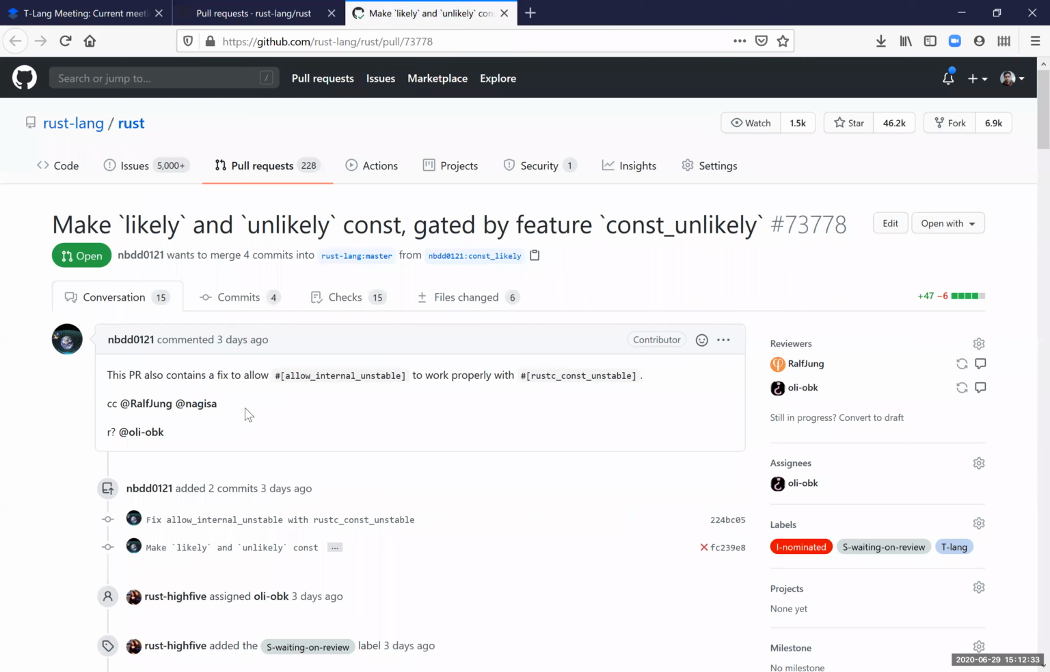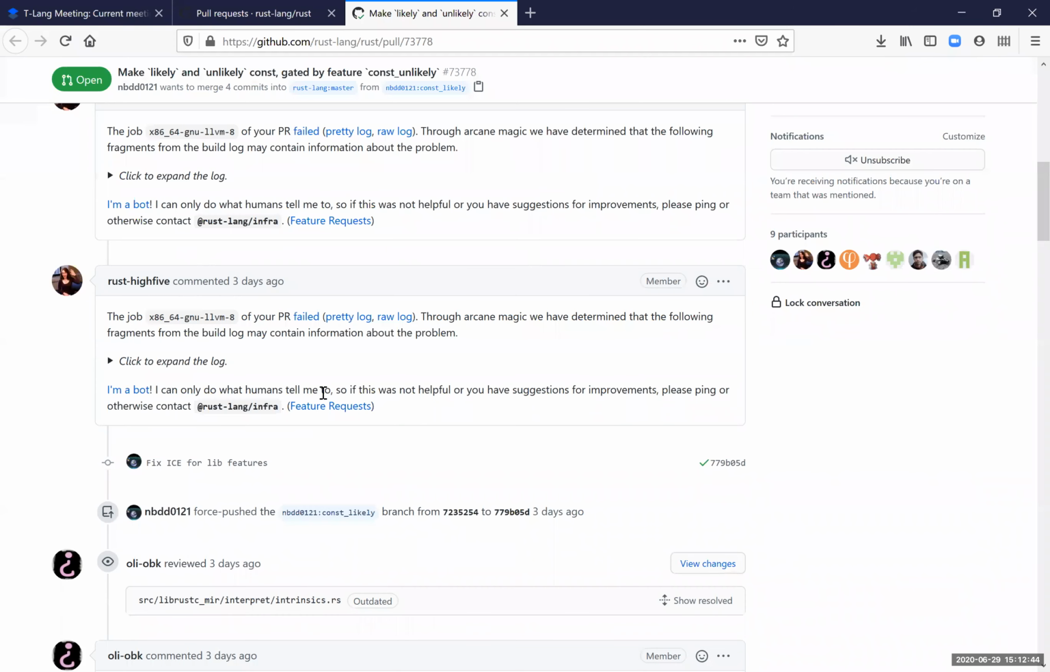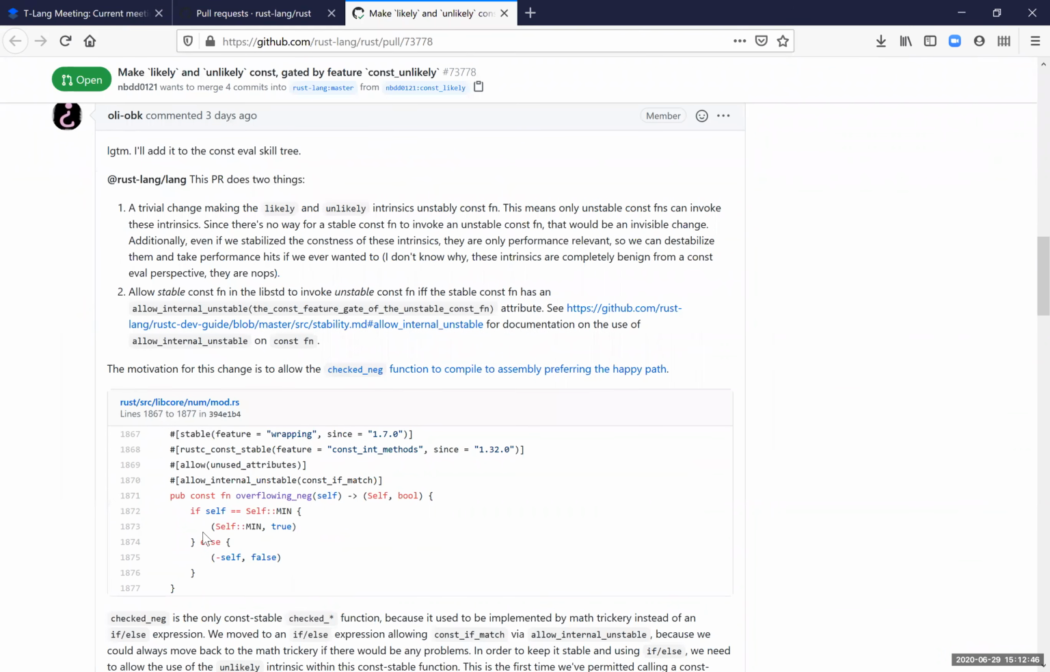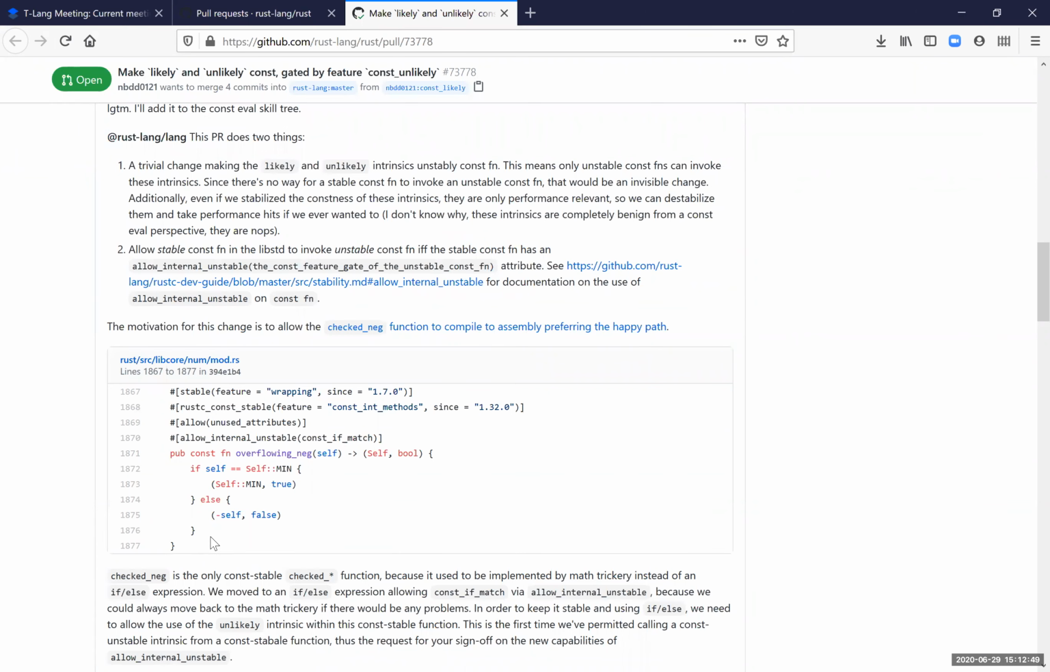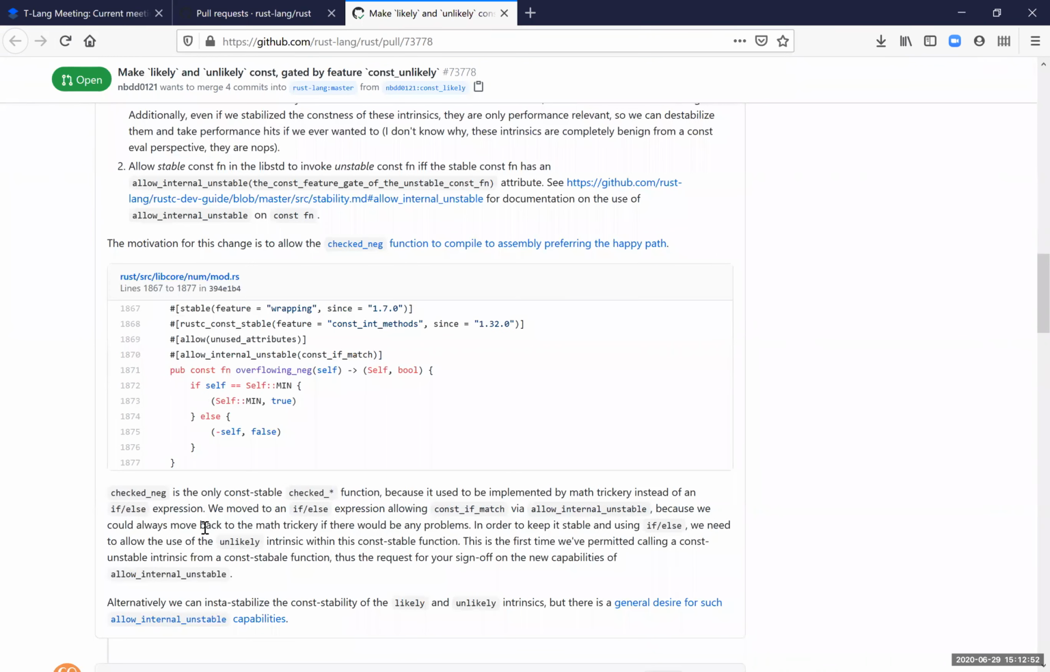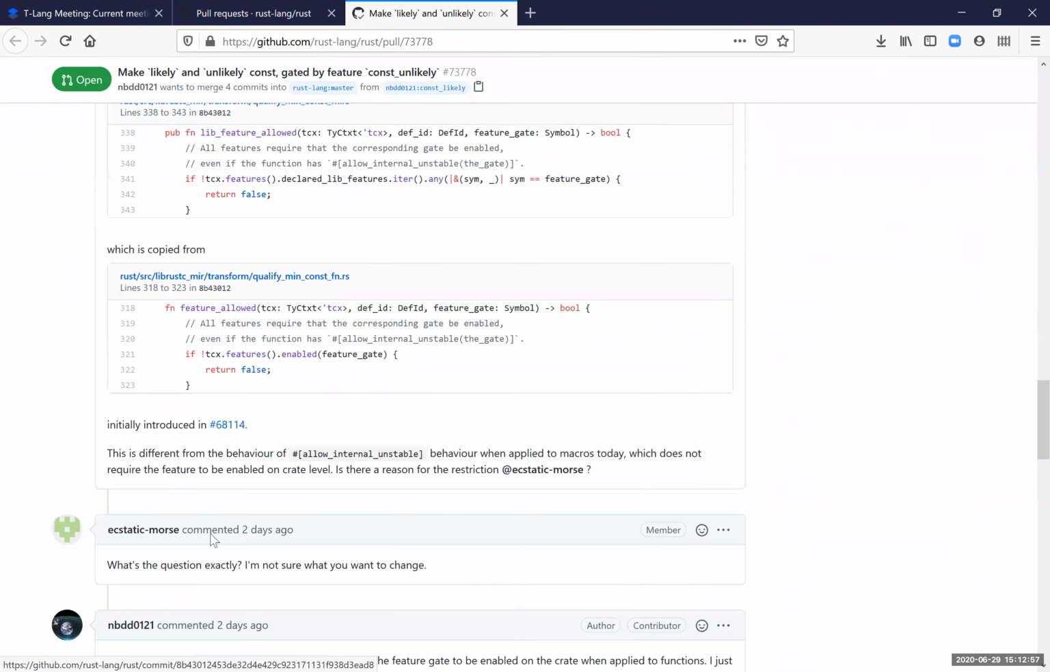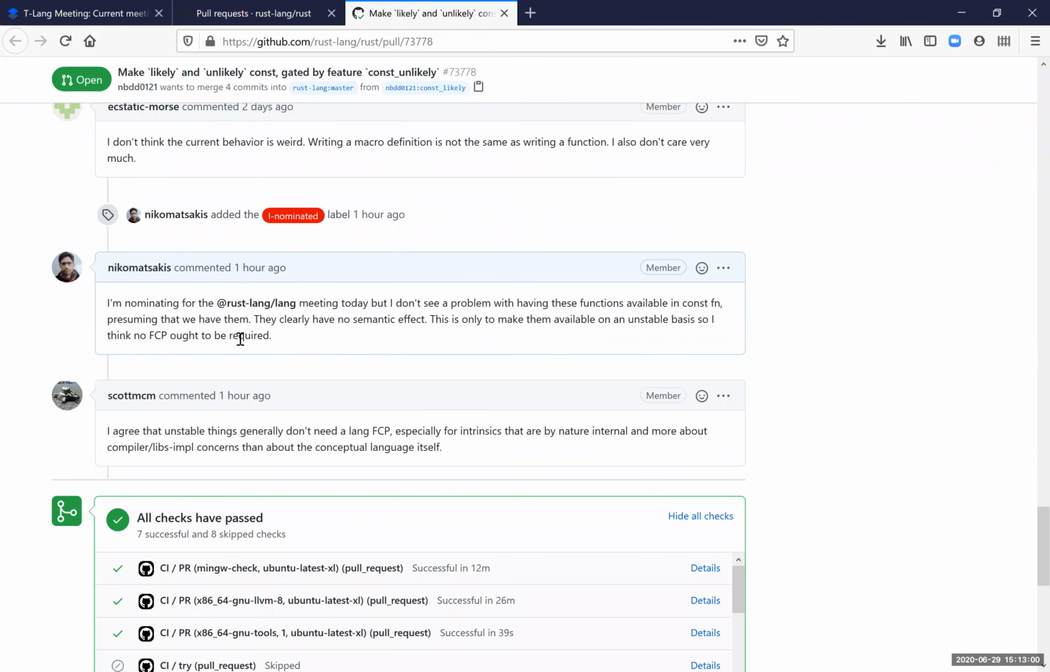No. So the next one was issue 73778. It's a proposal to allow the likely and unlikely intrinsics inside of constant fns, basically because sometimes we want to use them for improved runtime performance. They have no real semantics. I think this is only allowing them unstably. So I nominated it, but I think since it's unstable, unless there's some objection raised in this meeting, we can just give lang team approval. So any thoughts from the